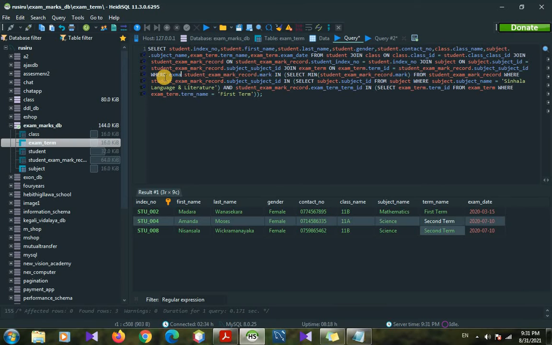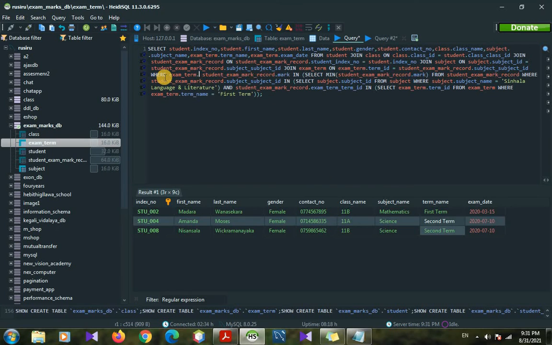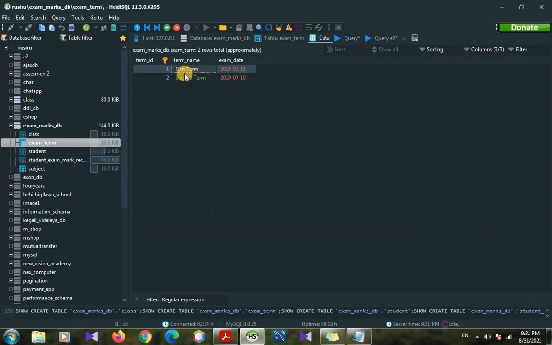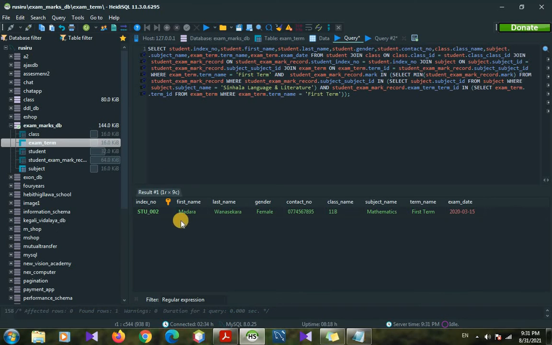We can type exam term dot term name equals, inside the quotations, and here we can go and take the first term and give it. So here we can use the and keyword because here we make another search. So I will put the and keyword. Now if we run this, it's coming only the marks of one student.